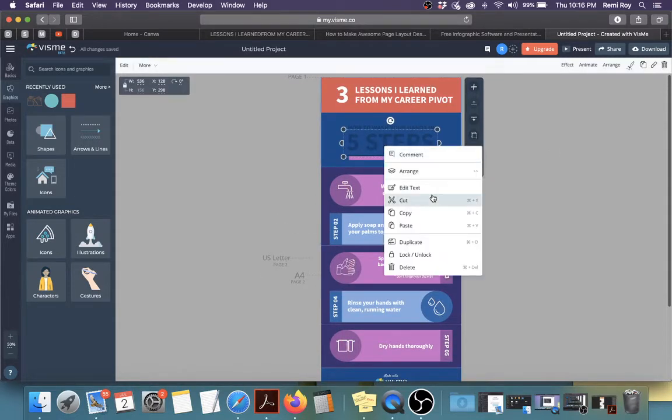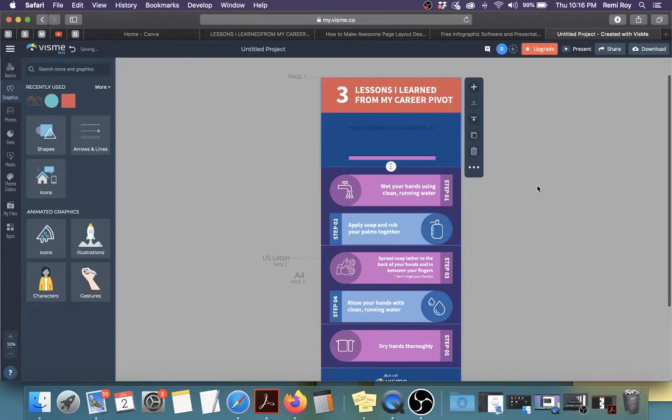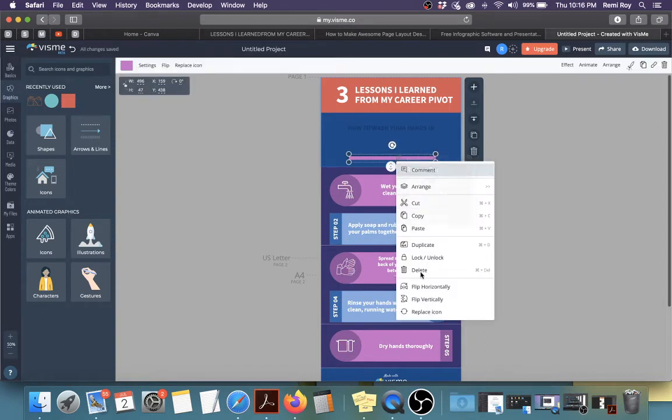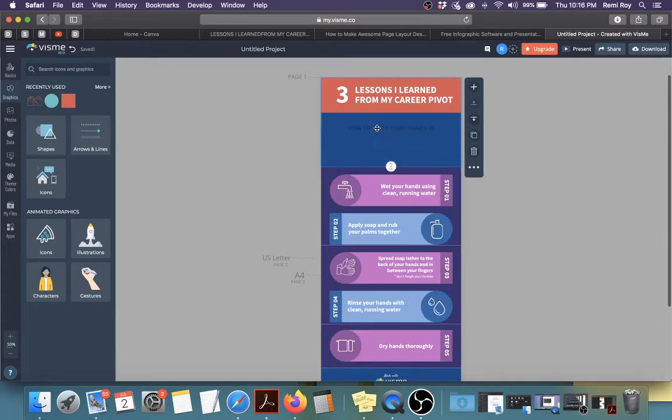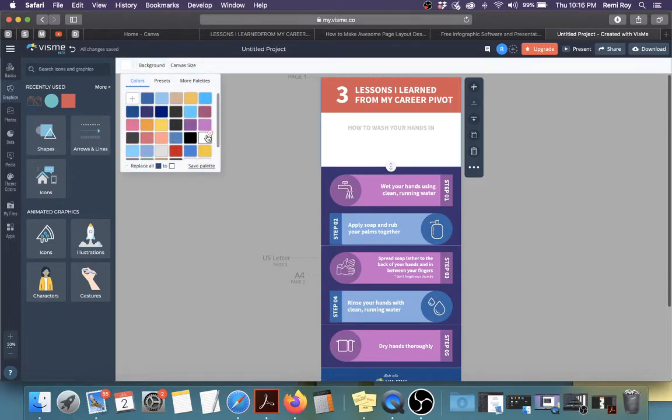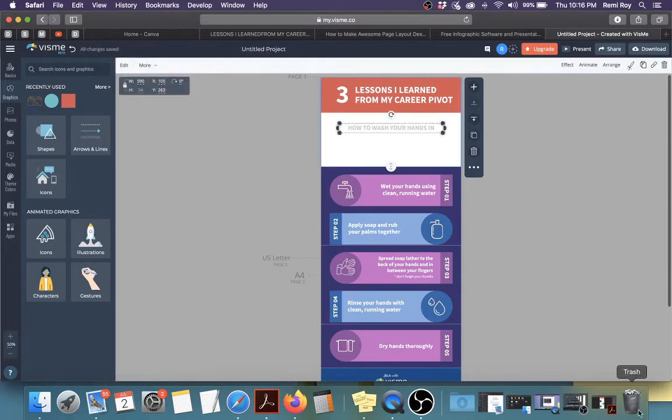Woohoo! So let's delete this. I do not need this. I do not need this block of text. And I think I'll change the background to white, because that's kind of like what I have on the other one. Okay, white. And then I'm going to go ahead and copy. This is actually,